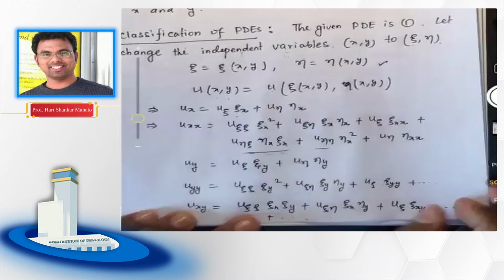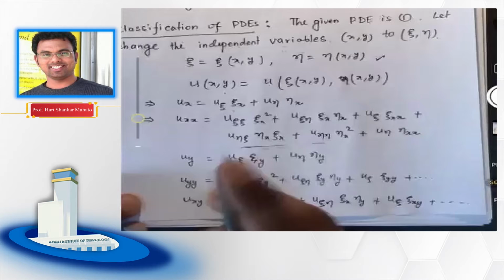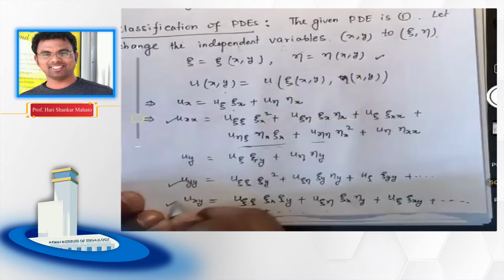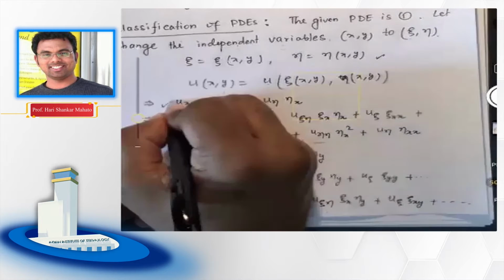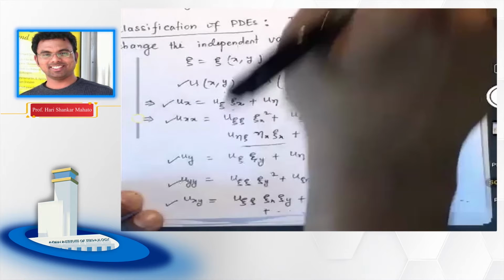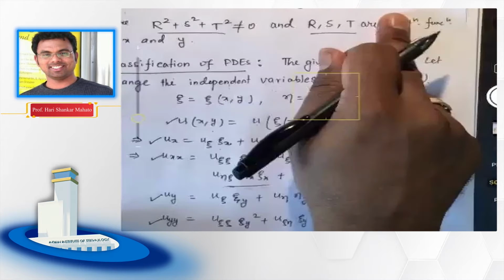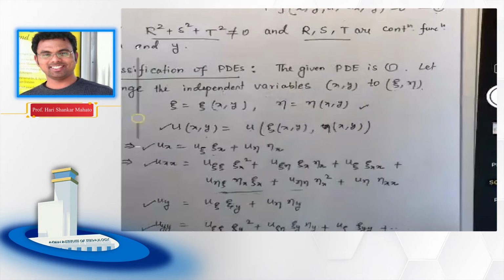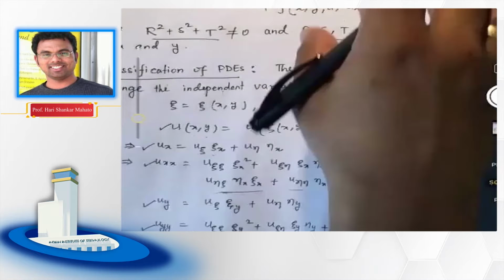Okay. Now, whatever we get here, we got the value of uxx, we got the value of uyy, we got the value of uxy, we got the value of ux, we got the value of uy, we got the value of u. Put everything back in equation number 1. It will be a very long expression, let me tell you. But that's what we are going to do. We are going to put all these values back in equation number 1